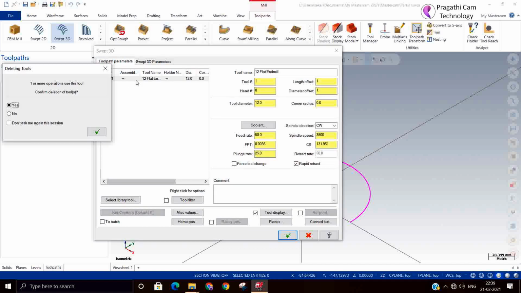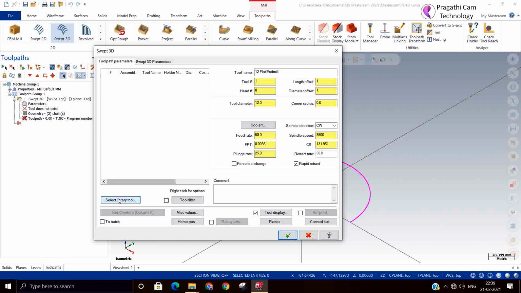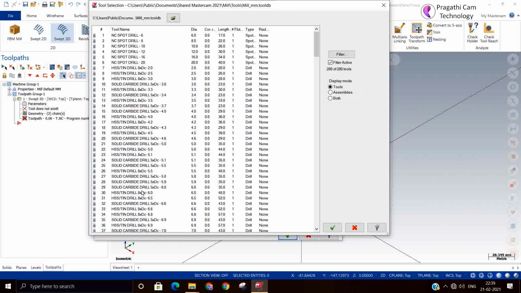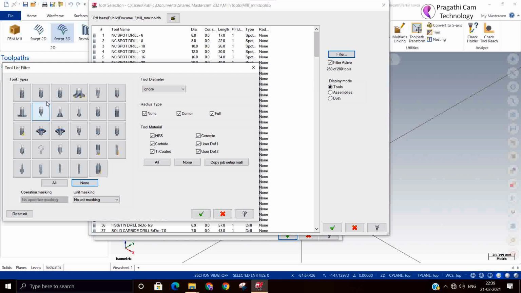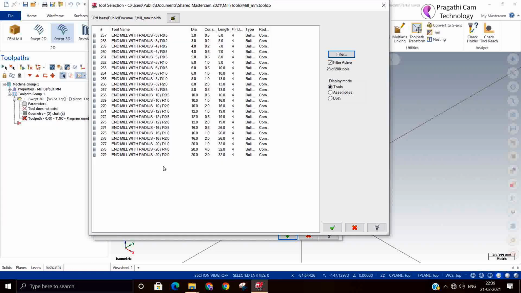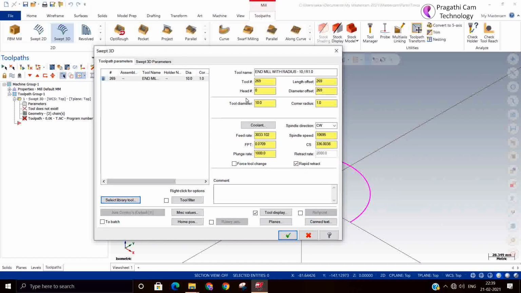So it's better to take a ball end mill or bull end mill because it's 3D. If you use a flat end mill on this surface, then it will create a step over. So it is always better to go with a bull end mill or ball end mill. I am taking tool 10 or 1. Change the tool number and the parameters, whatever parameters you want to give.